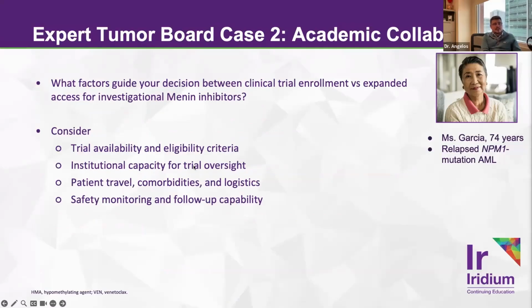And then, oh yes, trial. So I guess the other thing too would be considering if we had trials available. Certainly, if we had a trial that involved a combination strategy with a menin inhibitor, I think that would be a great option for this patient. If not, I think it'd be reasonable to try a menin inhibitor. And then, if they're still in a relapsed or refractory state, consideration of a clinical trial if they're interested.